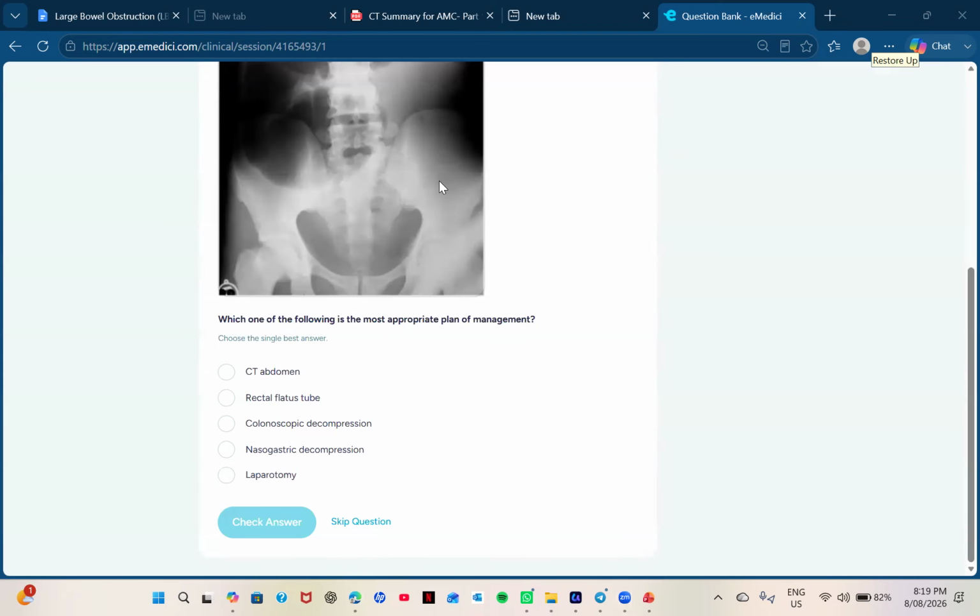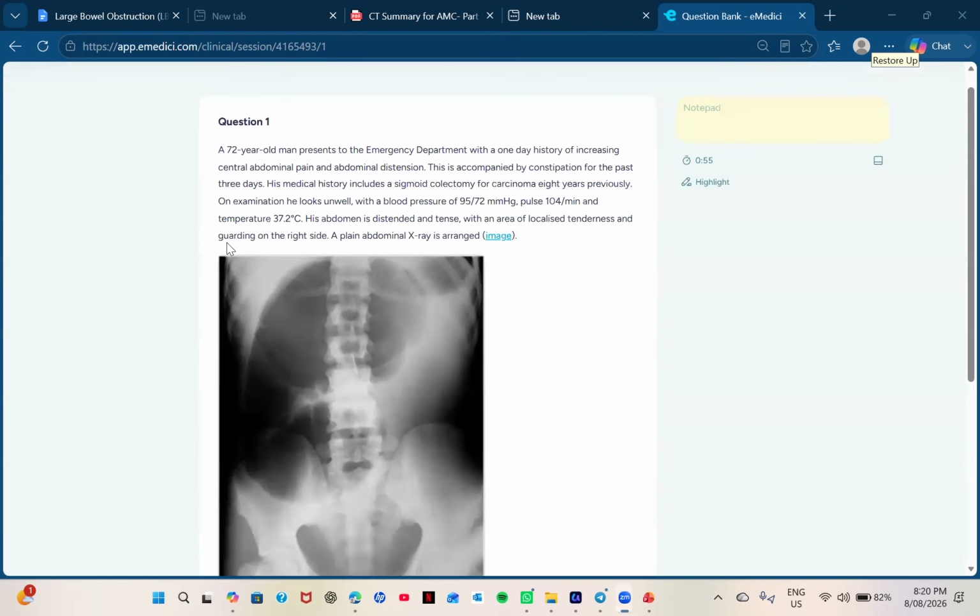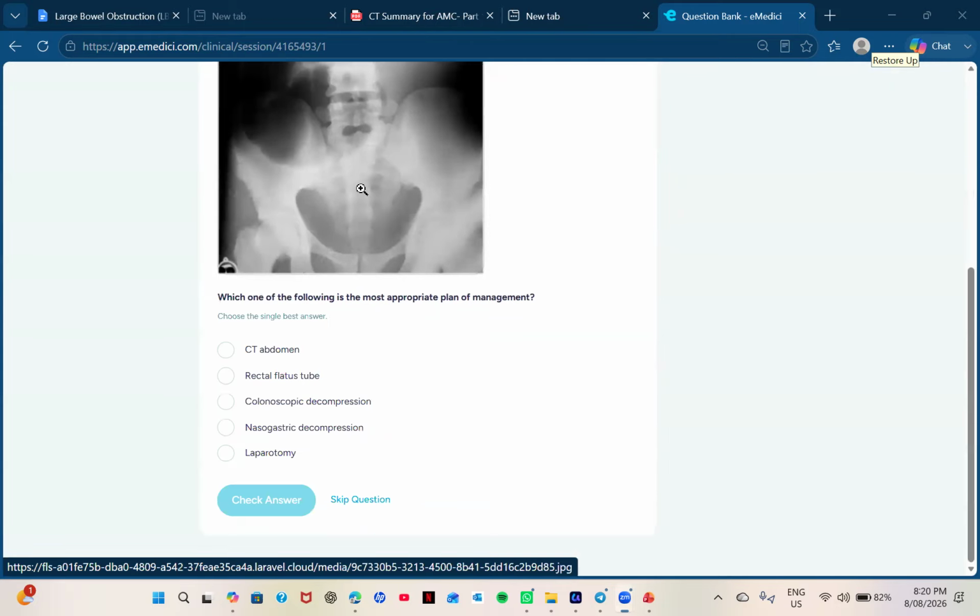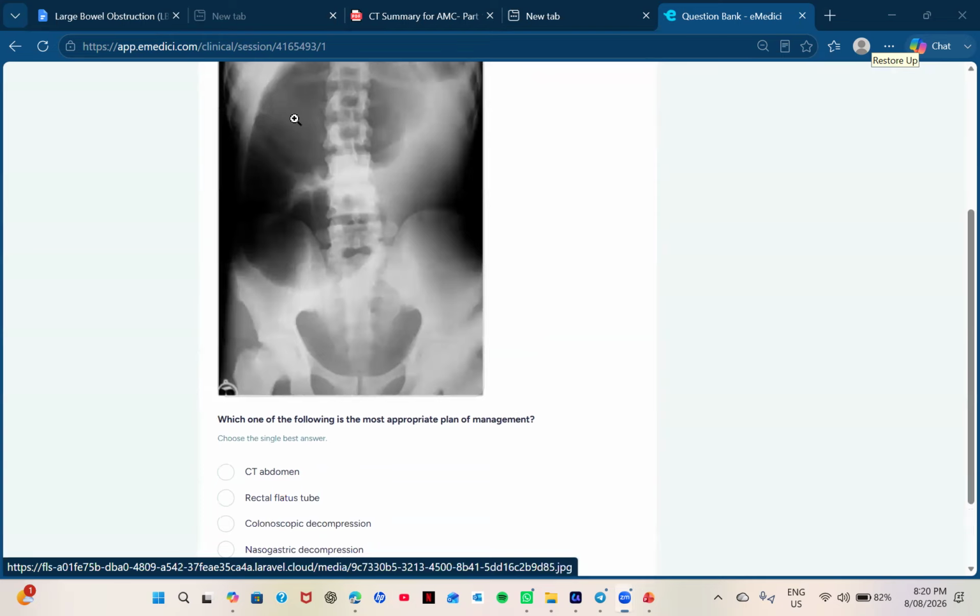Quickly answer. What is the answer? Okay, the patient has distension, and localized tenderness is also present, and the patient is presenting with the embryo sign. So what do you need to do